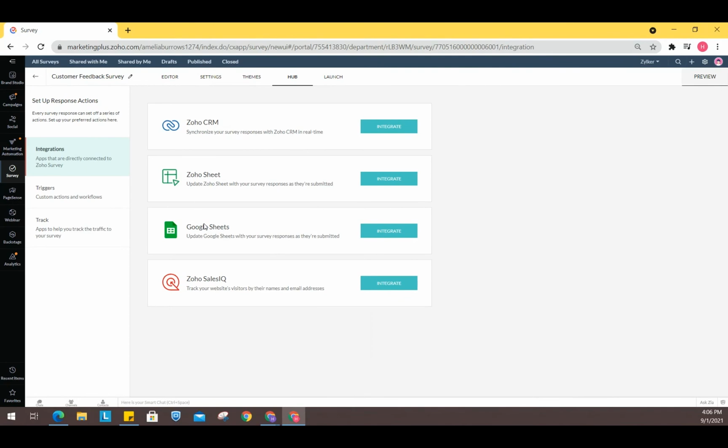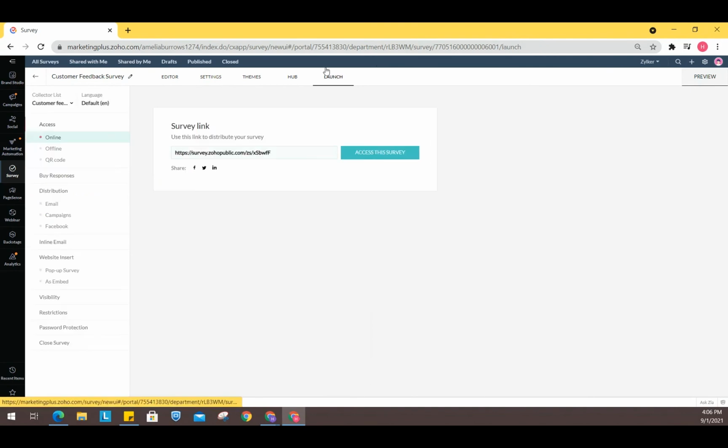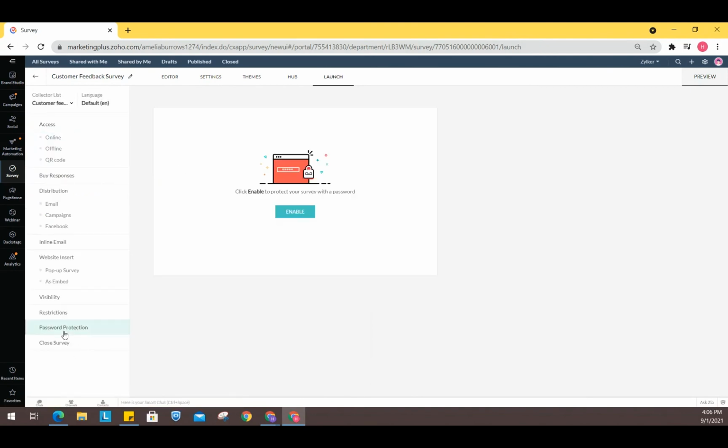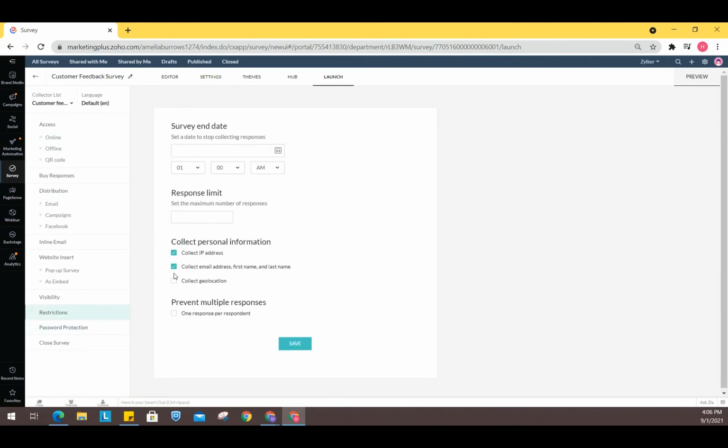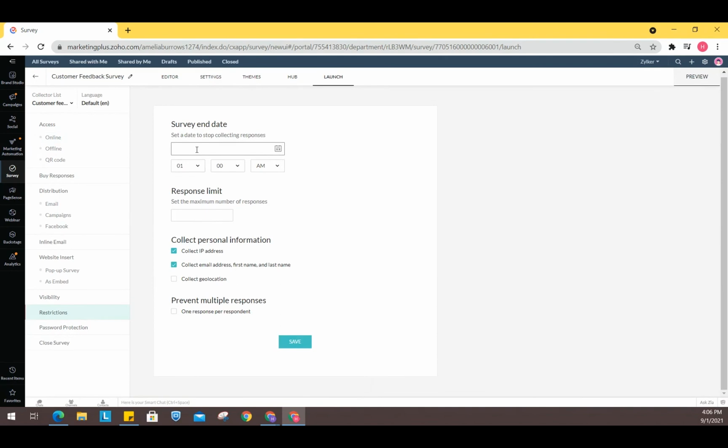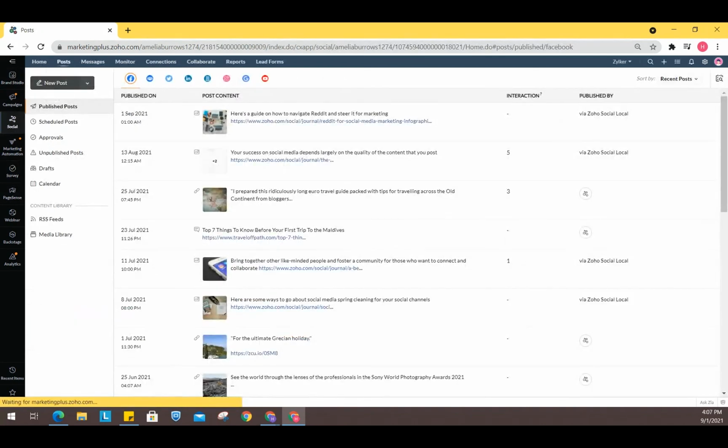Based on the survey responses, you can trigger a change in CRM. You can even create a record in CRM based on the survey responses. And finally, you can also set a password if it's required, so you can make it password protected. Adding to that, you can set a day to stop collecting responses, or set the maximum number of survey responses. All these things can be done in here. We have all the options covered. All right, I think that's about surveys.